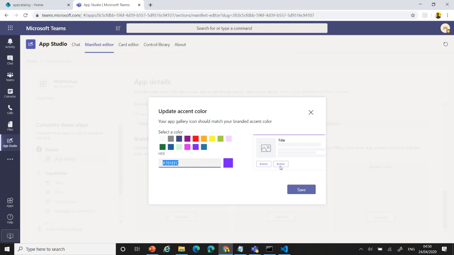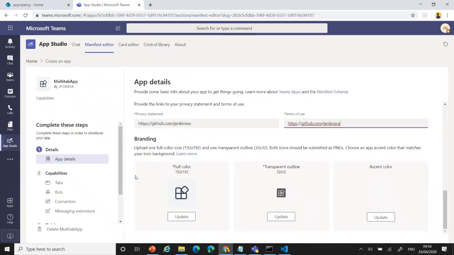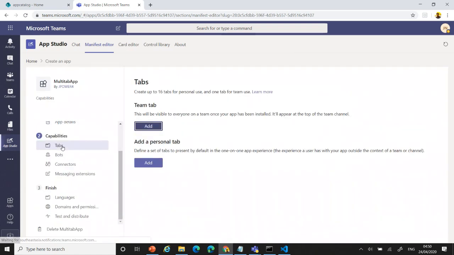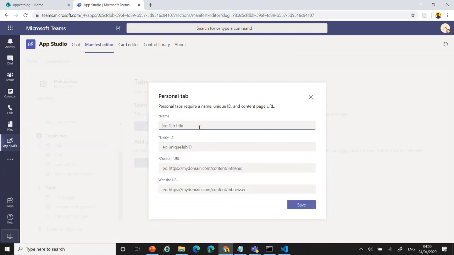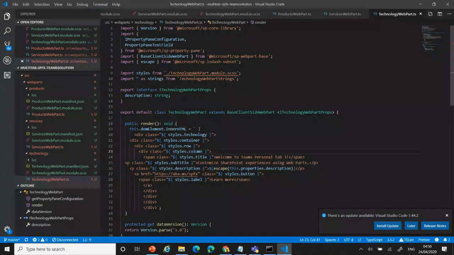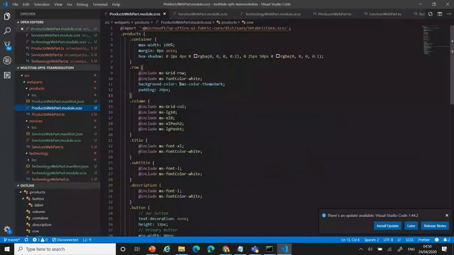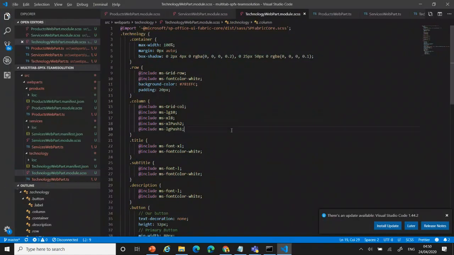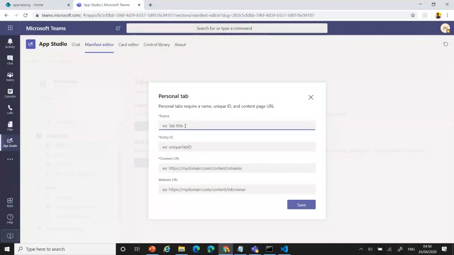Nearby. Okay, then I save and go to my tabs capability and see the personal tab will be there. I'm adding that. Okay, I'll just copy these colors in here on my screen. You can see the background color is easy to differentiate. I can change the web part as well in the themes, the new color. Save all.